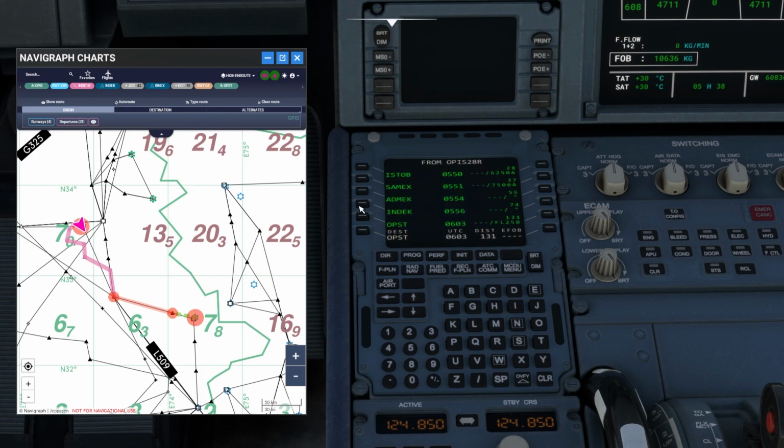Once I am at Indic, I will take J221 to Binex. And for arrival,